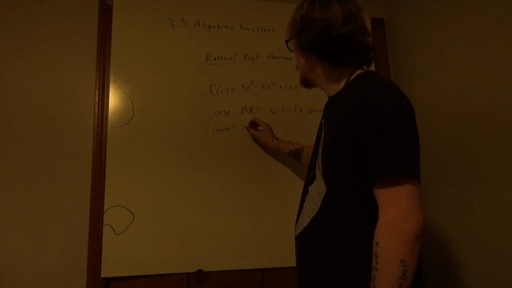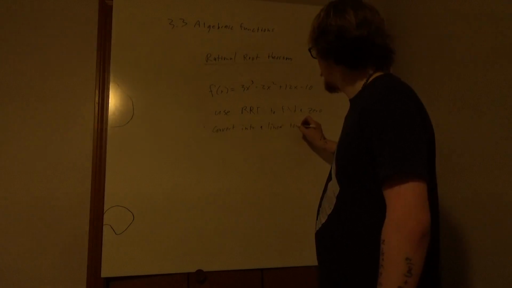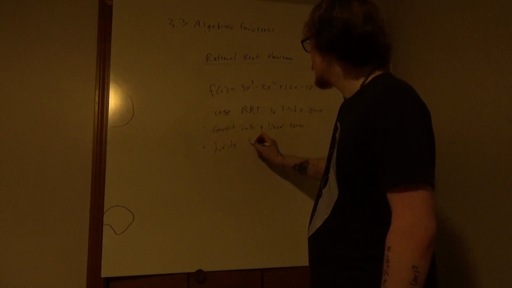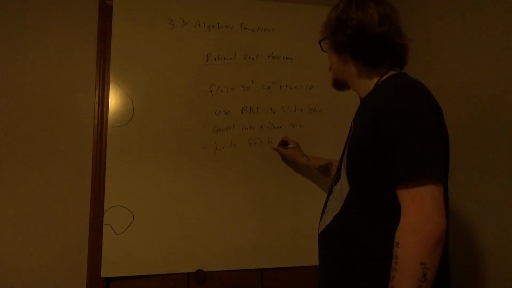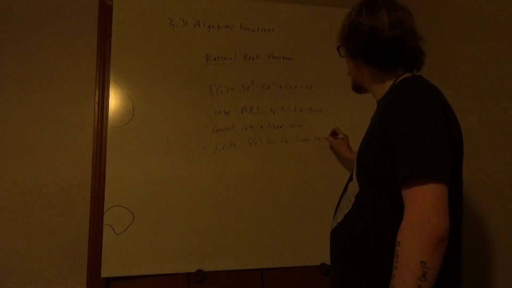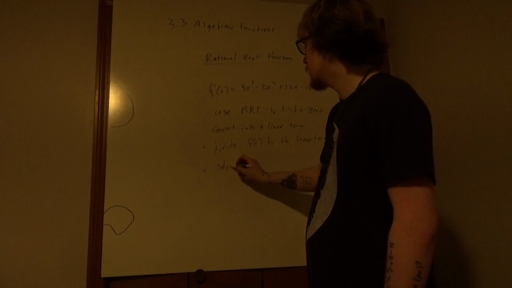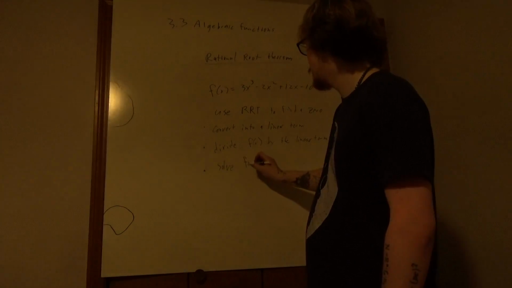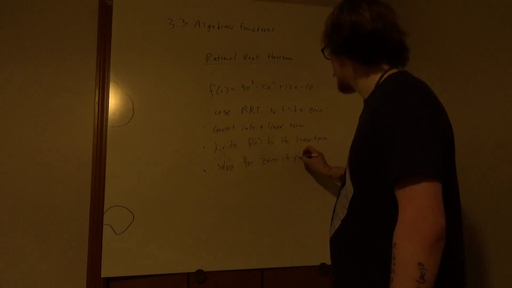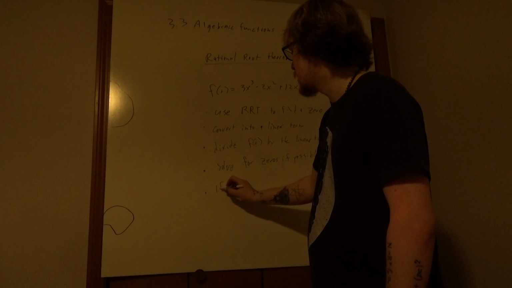Convert it into a linear term with that 0. Divide your polynomial by the linear term, and solve for zeros if possible. If not,